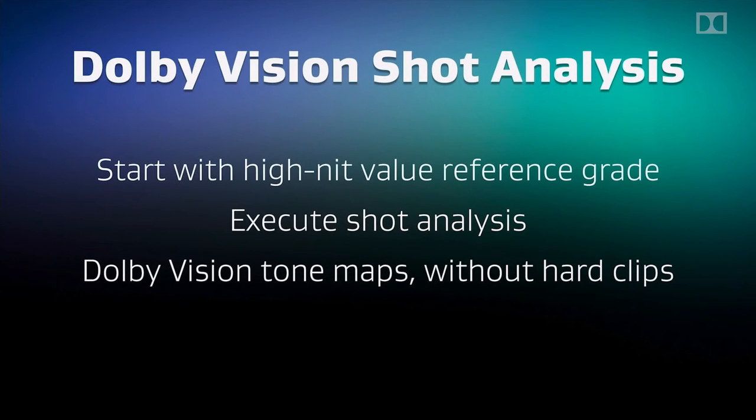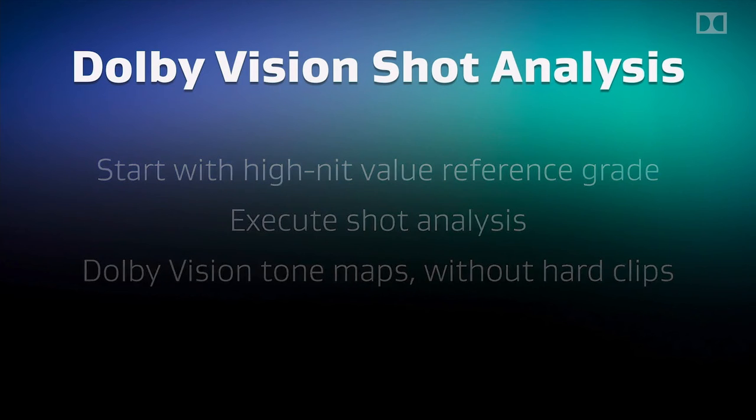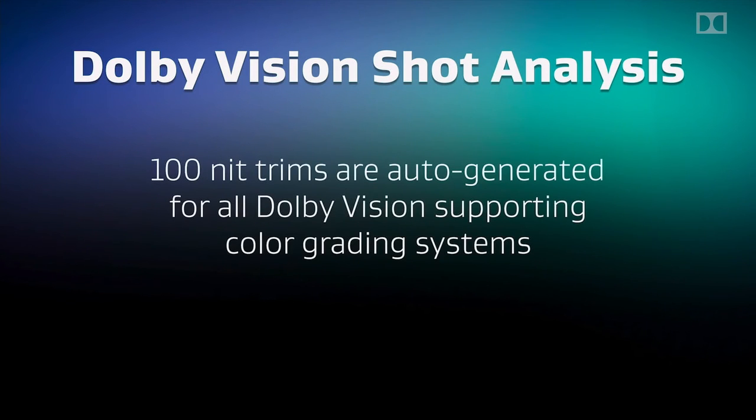1000 nit master. Doing an HDR grade at the mastering nit level and an SDR trim at the lowest target of 100 nits gives the Dolby Vision processing the information it needs to tone map for any display in between the two. And if you forget to create the 100 nit trim, it will auto-create that metadata for you when